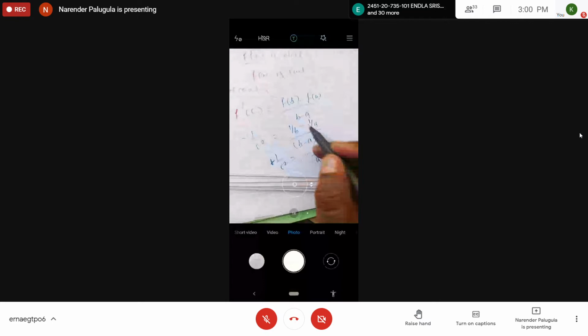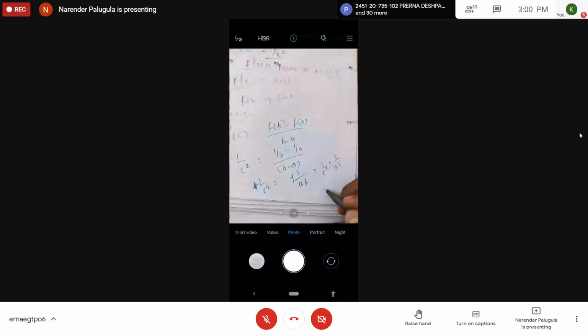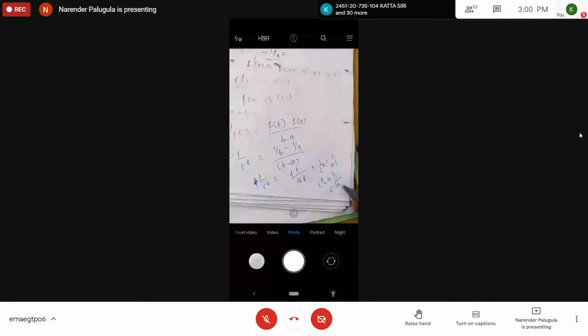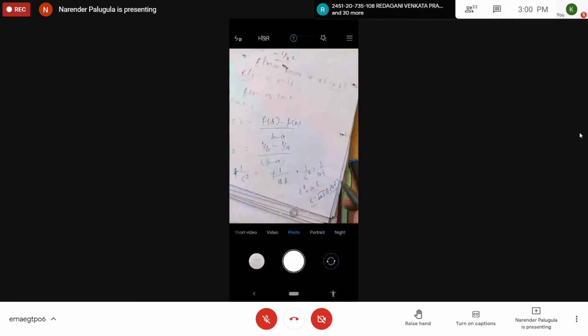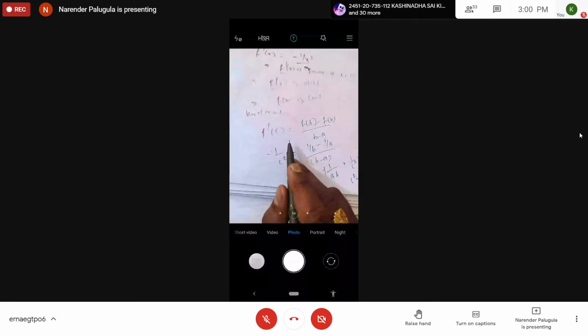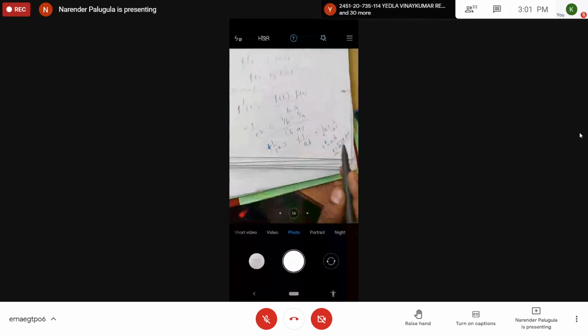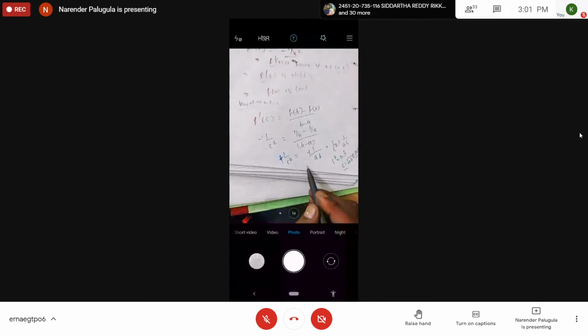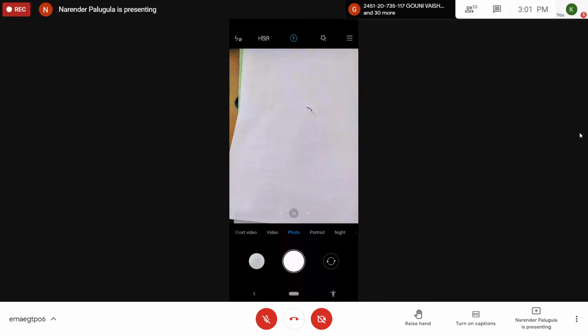So finally we get 1 by c square is equal to 1 by ab. Now c square is equal to ab. c is equal to root ab. Root ab is nothing but the geometric mean of a and b, which lies in the interval ab. So finally we showed that c belongs to the interval ab by taking this result. Finally we got the conclusion verified. Okay, we verified the conclusion also. So all the conditions and the conclusion of Lagrange's mean value theorem are verified. Just write the conclusion like: hence the theorem is verified.